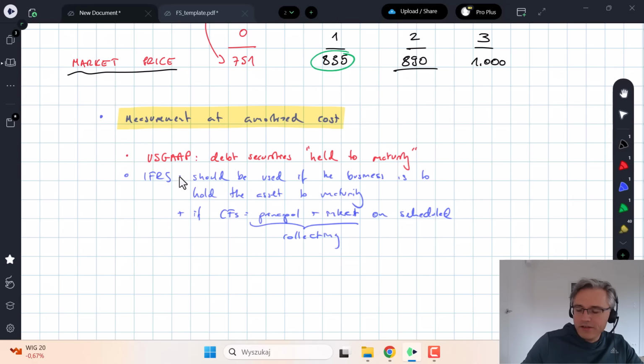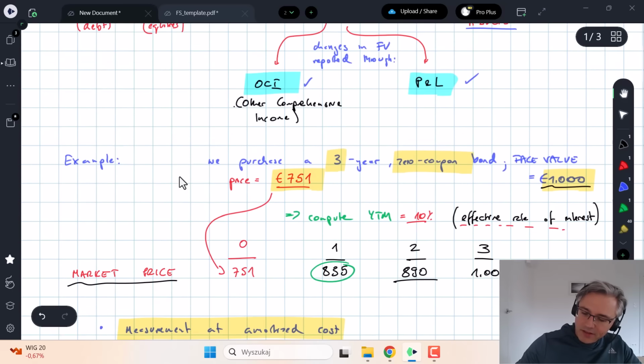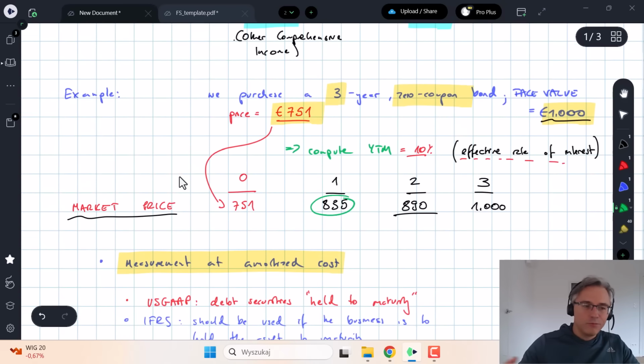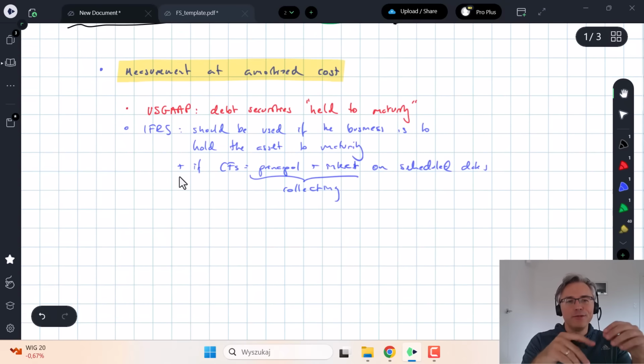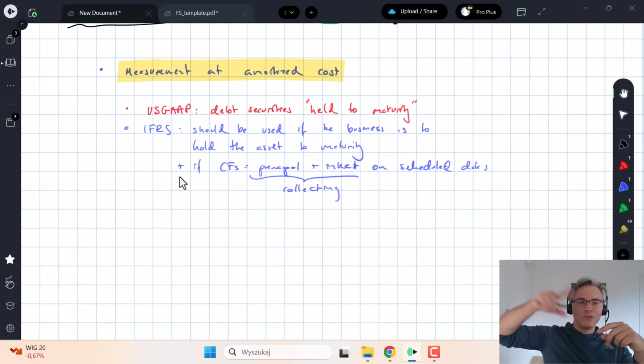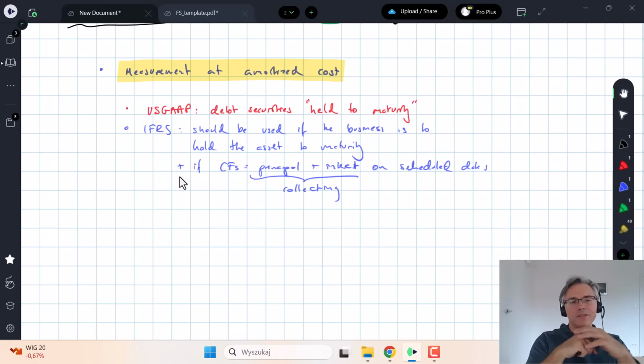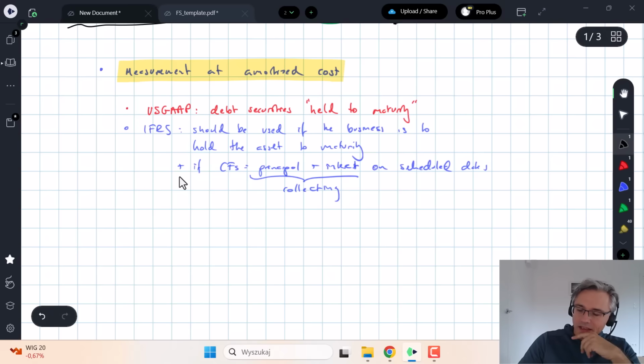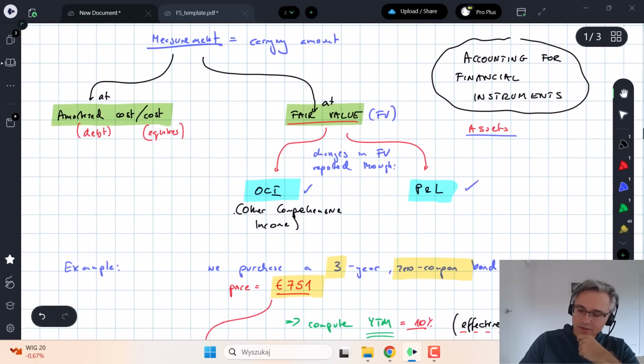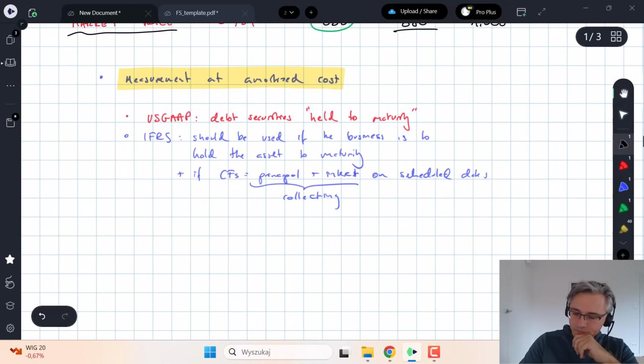In order to use this approach, you need to calculate what in accounting is known as the effective rate of interest, or in the world of fixed income is known as the yield to maturity. If you can't calculate this, you can't really do that price trajectory, that constant yield price trajectory. And so you need scheduled dates on which payments are made, payments of interest and payments of principal. Now, let me just say, because I did write over here amortized cost/cost,